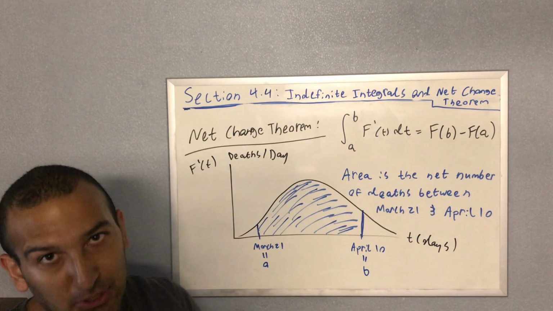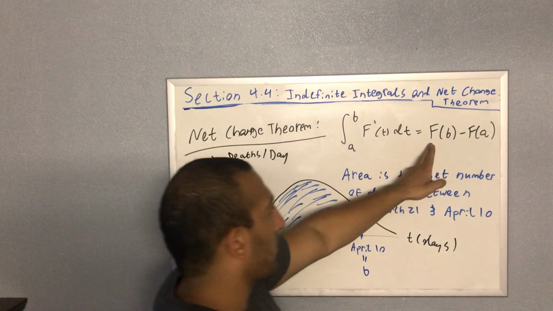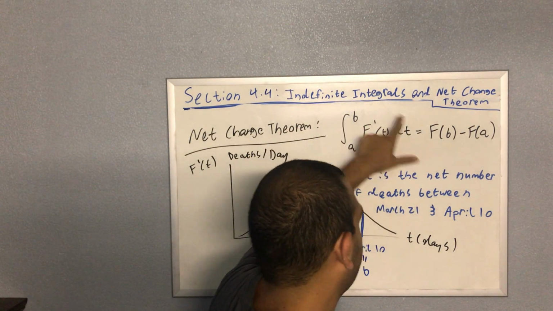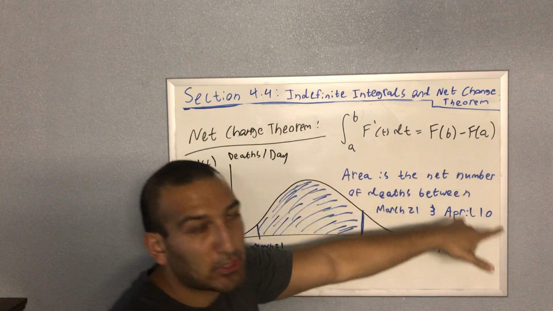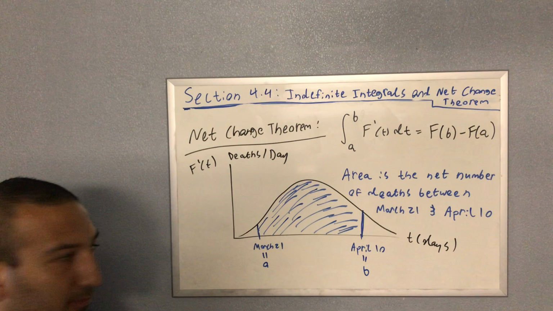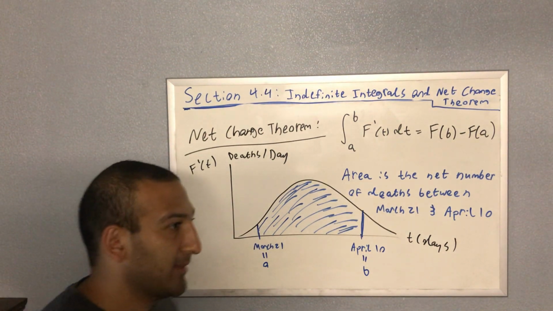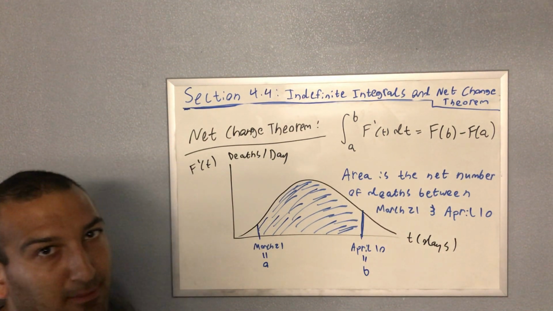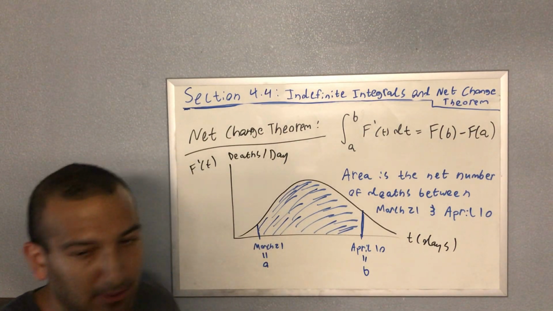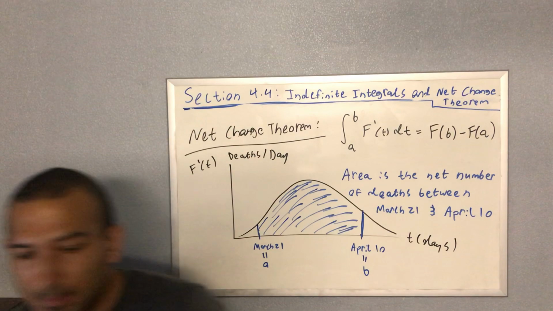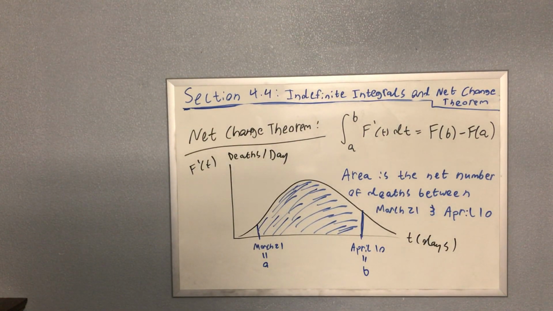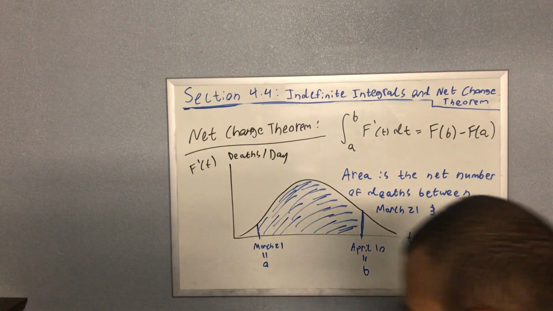It tells you the net change of the original quantity. So when you take the area under the curve of the derivative, you're getting the net change of the original function. So this is attaching a very meaningful real life example of what's happening right now and how calculus is used in everyday life. And another good point to bring up here, while we're on this train,